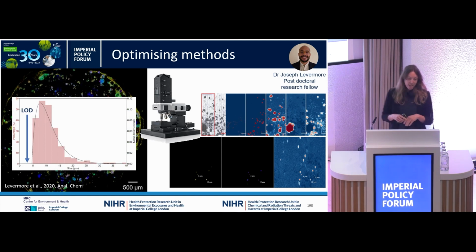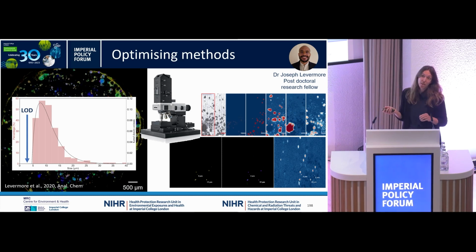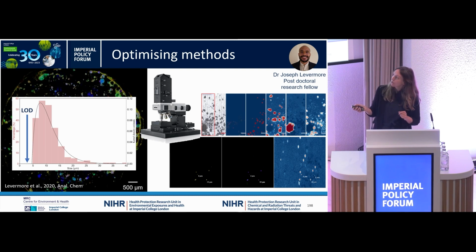So of course, then the next step was to apply that method to real-world samples, and as you can see here, this is just an example size distribution graph of microplastics observed in a PM10 sample from Marylebone Road, so an urban traffic environment. So the size distribution really follows what you'd expect to see. We get a kind of modal size of around just below 10 microns. And here you can see this roughly coincides with our methodological limit of detection.